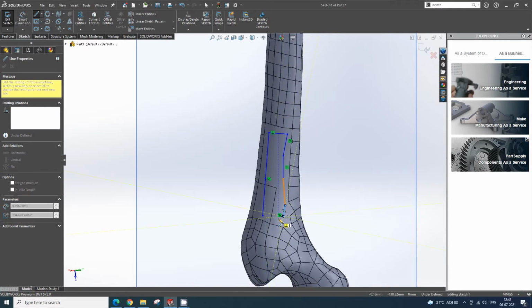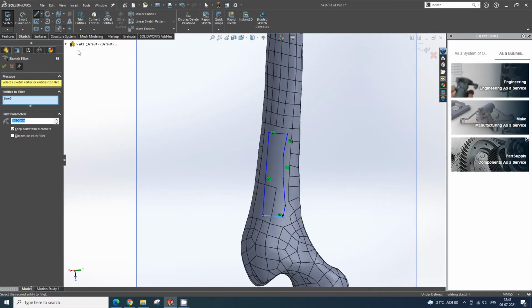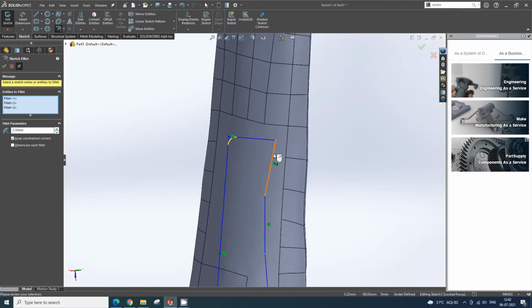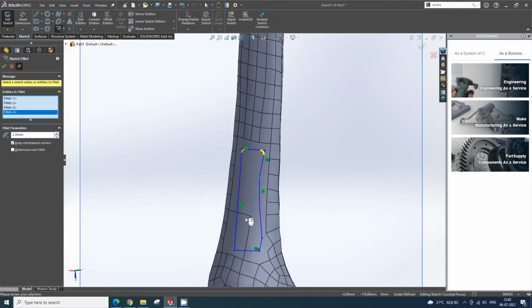After completing this sketch, I will project this on the bone directly and perform extrude, quickly giving it some fillets. So actually what happens is if you do it like this, it will properly fit to the curvature of the bone. That is the main criteria over here.